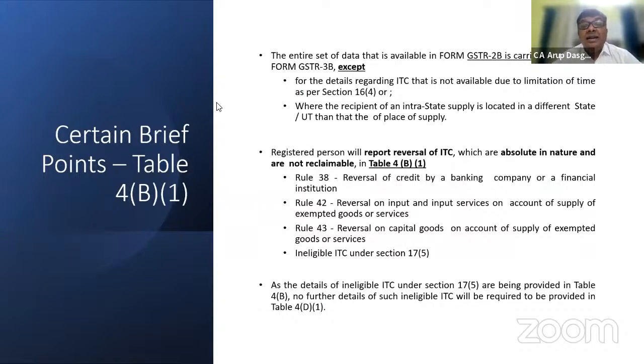So इसमें क्या है? The entire set of data that is available from 2B is to be carried forward in 3B, except two things. What are the two things which are not to be taken and which will not be shown in your eligible credit? One is 16.4, मतलब 2021 के कुछ इनवॉइसेस अभी सप्लायर ने अपलोड किया है, तो वो आपके एलिजिबल आईटीसी में नहीं दिखेगा। सो वो आपको नहीं लेना है, ऑल अदर आईटीसी में उसको नहीं लेना है क्योंकि वो आपके एलिजिबल आईटीसी में नहीं दिखेगा।